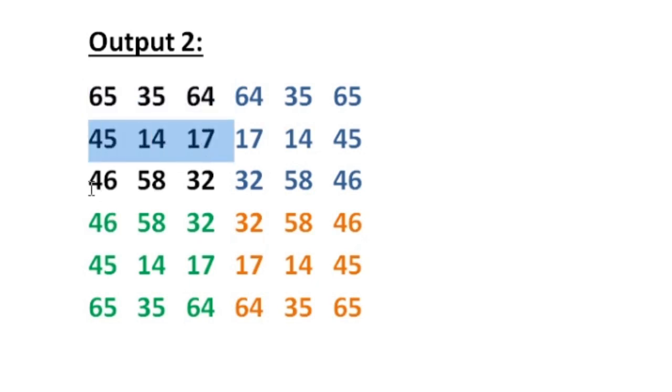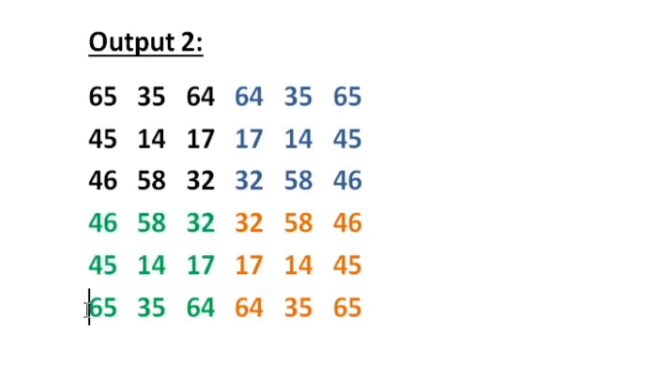So here the 46, 58, 32, the last row, will be the first row of our bottom left quadrant. And the first row of the top left quadrant will be the last row of our bottom left quadrant, and the middle row remains as such. So now we have updated the bottom left quadrant of our matrix, and now the remaining bottom right quadrant. For the bottom right quadrant, we are asked to replace it with the mirror image of the bottom left quadrant, which we have found now.